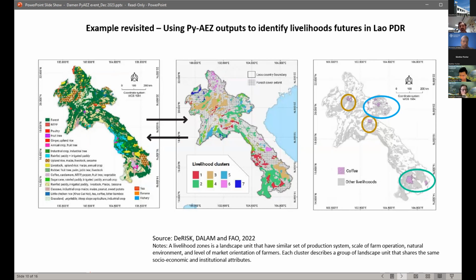Combining this information, we're now able to support the government in undertaking quite sophisticated policy and planning exercises to think about the types of future investments that might be required to address climate change impacts on the coffee production system in the future.